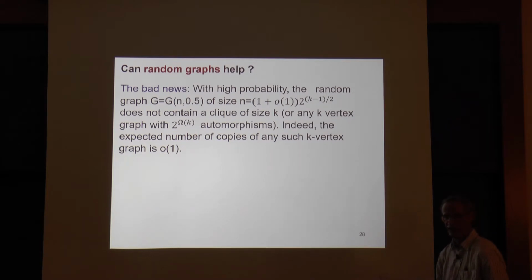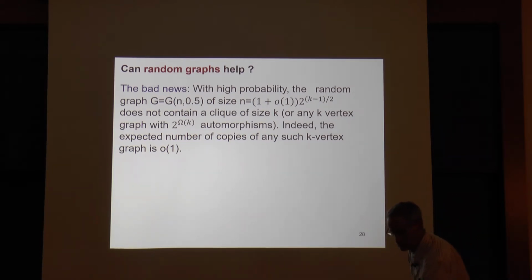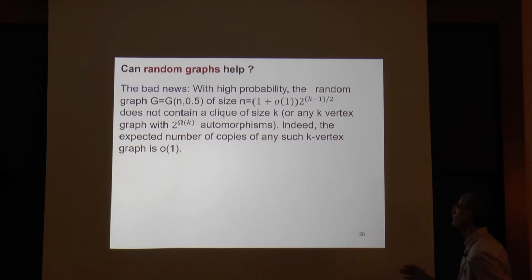If we decide to take the random graph, then we have to take the random graph with edge probability 1/2. It doesn't pay to take something else. And it does not contain a clique of size k. As I said, it's well known what happens for the size of the maximum clique in a random graph. It will not contain a clique of size k. And in fact, with high probability, it will not contain any graph that has lots of